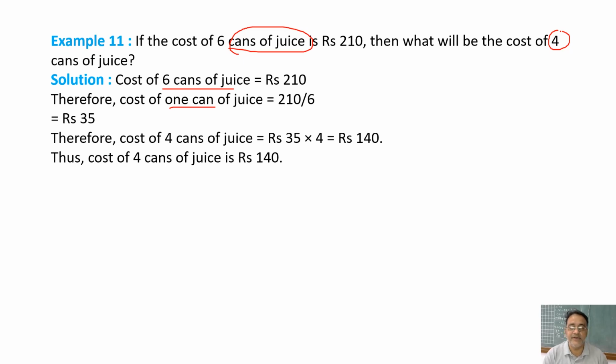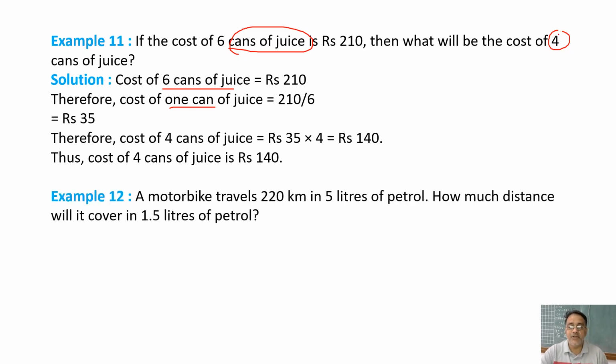Now we will move toward example number 12. A motorbike travels 220 kilometer in 5 liters of petrol. How much distance will it cover in 1.5 liters of petrol? तो यहाँ पे liters of petrol यहाँ पे unit है, okay? सो हम लोग को यहाँ पर डिस्टेंस निकालना है. डिस्टेंस जो है यहाँ पे हम लोग यूनिट ले रहे हैं, ठीक है. सो नहीं, लीटर्स ऑफ पेट्रोल. इन 5 liters ऑफ पेट्रोल 220 किलोमीटर इट इज गिवन,